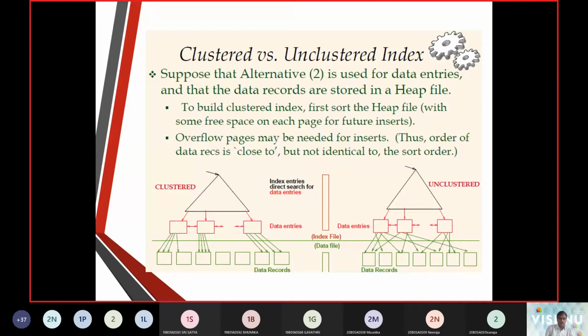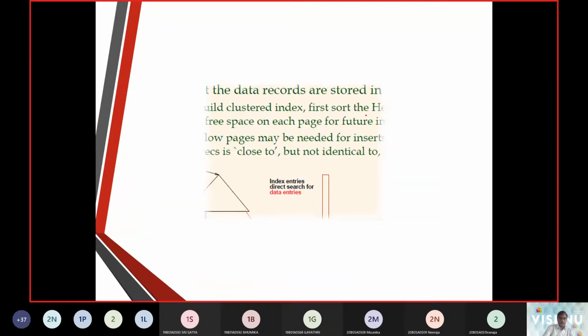Next comes the second alternative, where we need to build a clustered index. For that, we have the heap file. What is a heap file here? A heap we call unsorted.